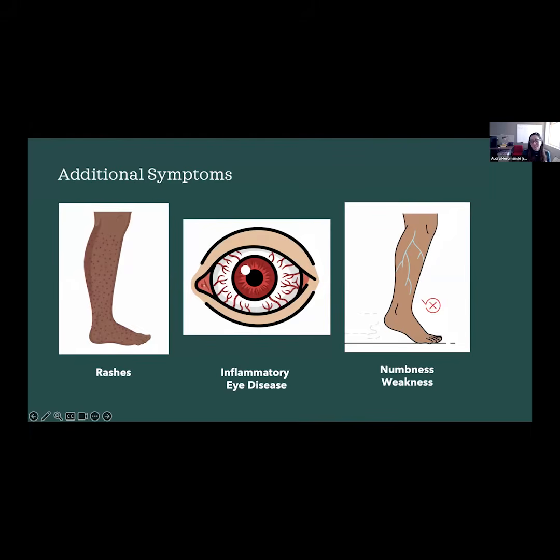I have seen it, as I said, affect every organ system in the body, from very unusual things, for example, involving the brain. I've seen it cause pancreatic masses and pancreatic inflammation, GI inflammation, or things that can cause bloody stool. It really can affect almost every organ system in the body. So that's part of the job of the rheumatologist, to make sure that they're thinking about all of those different organ systems and how the vasculitis could be affecting those different areas.